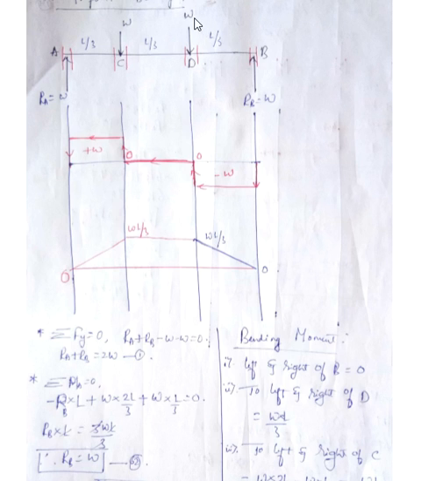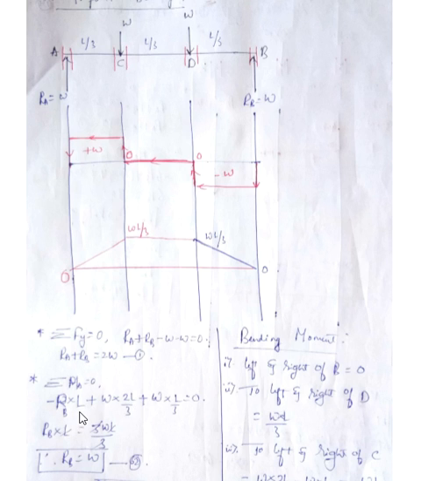Now come to this force. The force is W and it gives a clockwise moment with respect to A. So plus W into the perpendicular distance, which is L by 3 plus L by 3, that is 2L by 3. So I have written it as plus W into 2L by 3. Then there is one more force, this W. The force gives a clockwise moment, so plus W into L by 3, equal to 0.